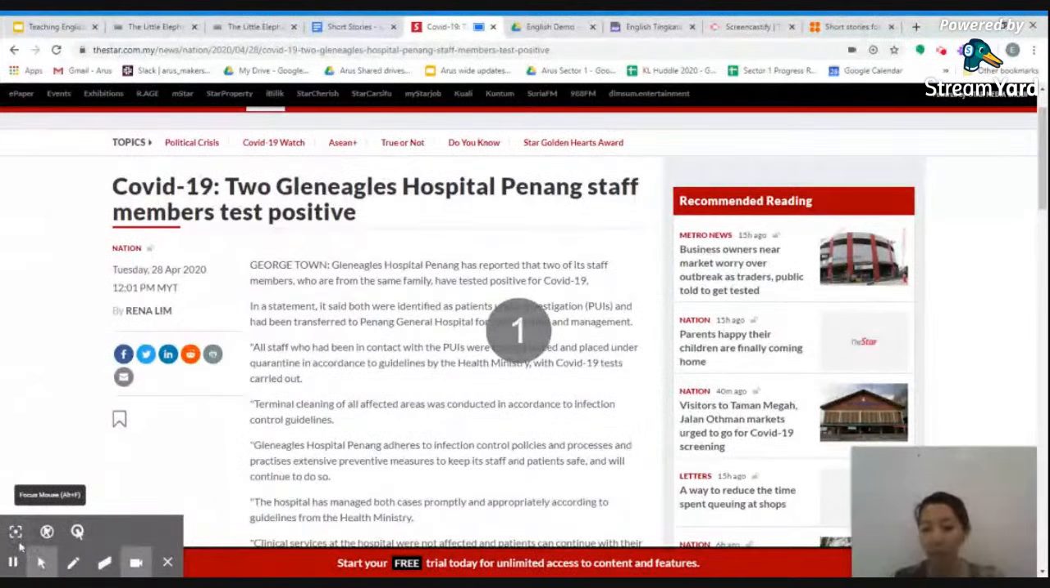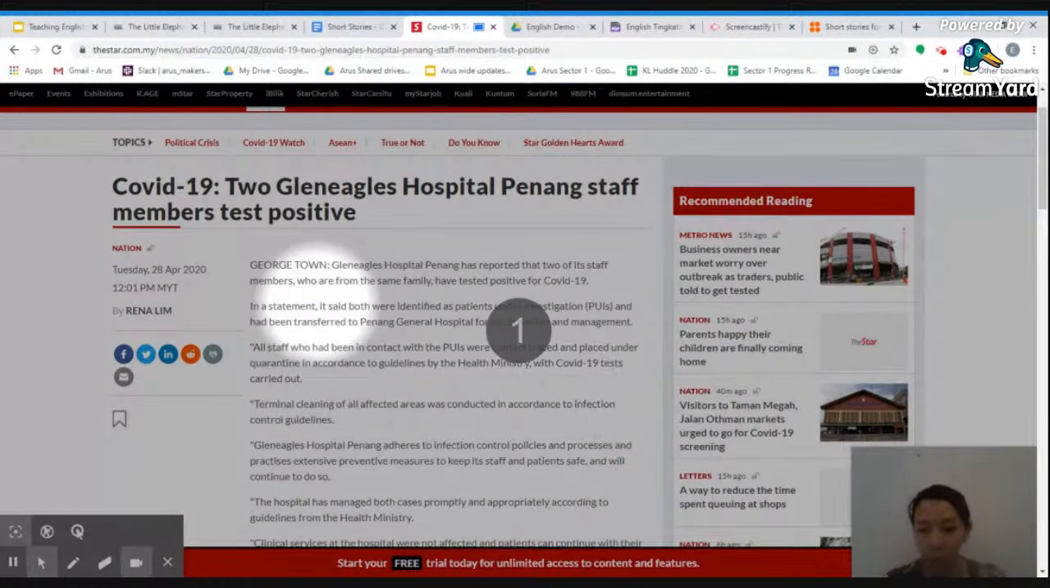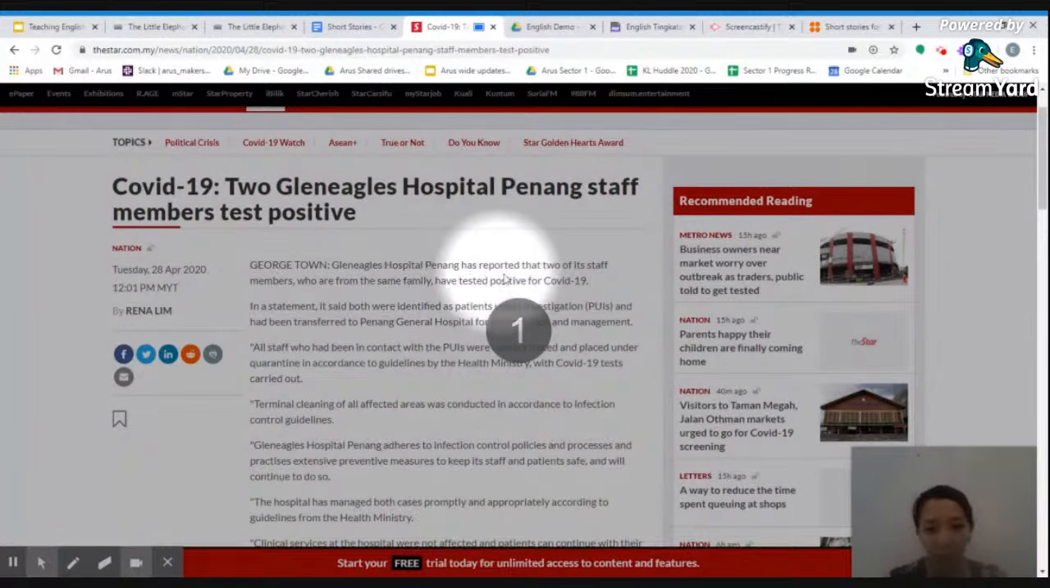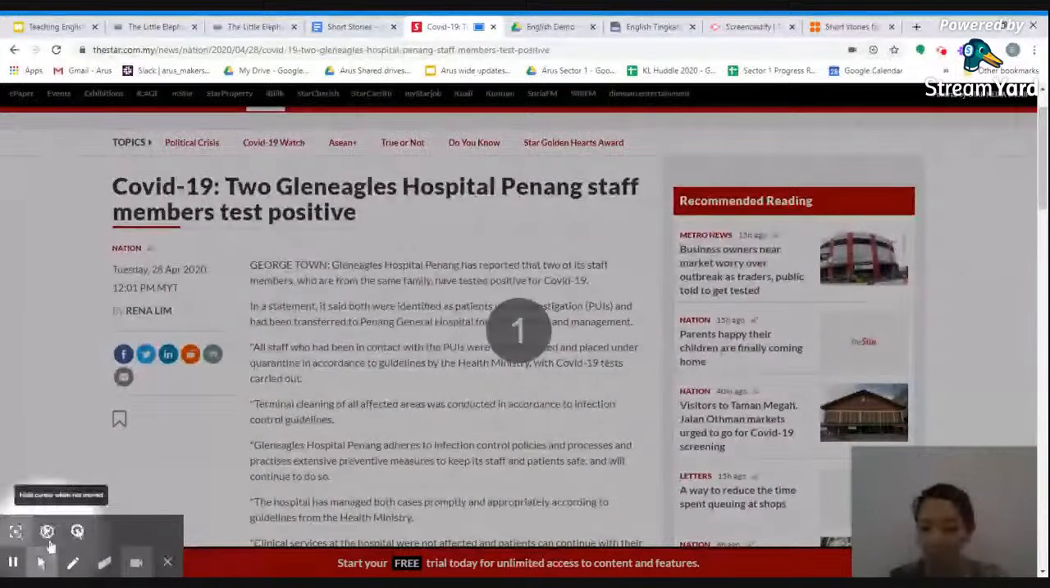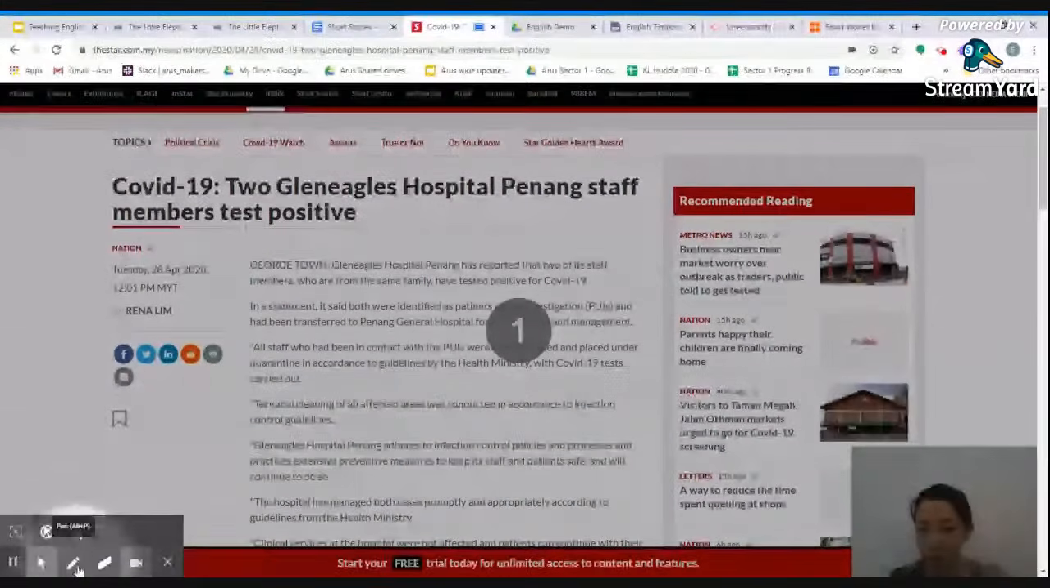So here, what you need to do is just click, they can select focus mouse so that you know what it is that they're reading. So here, Gleneagles Hospital Penang has reported that 2 of its staff members who are from the same family have tested positive. They can also undo that, and if they want to highlight anything in particular,